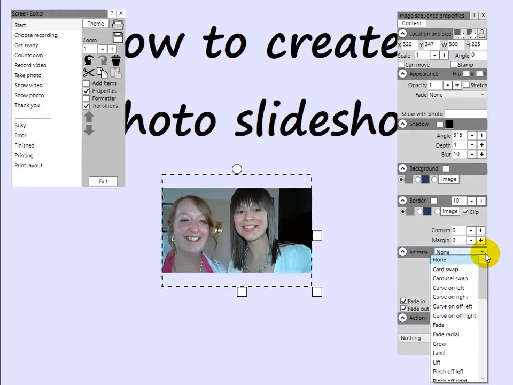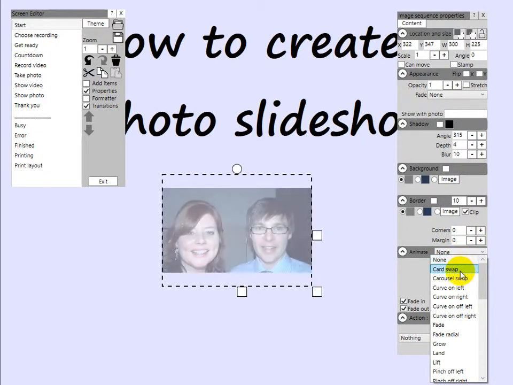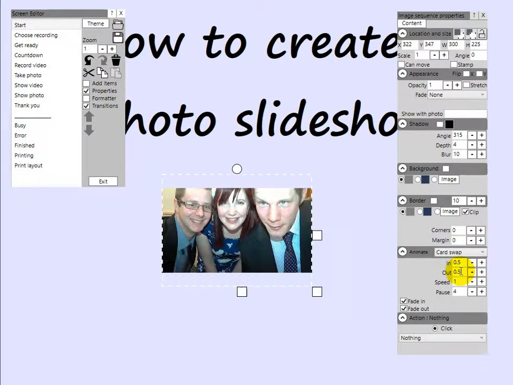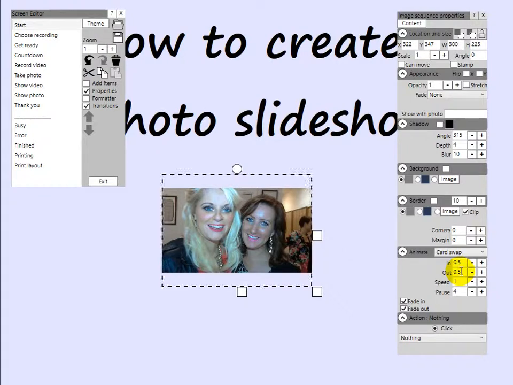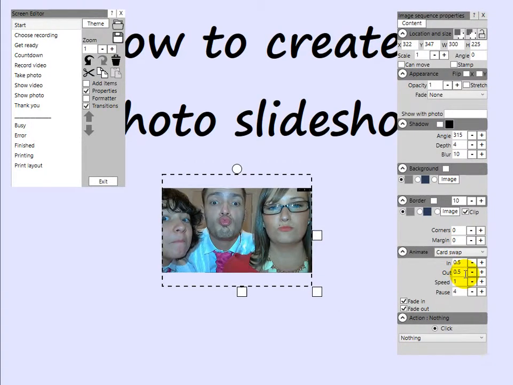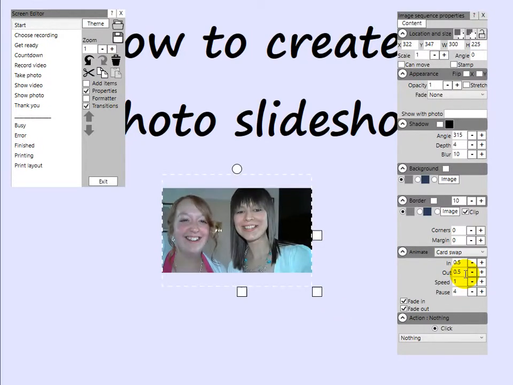There's a lot to choose from. I'm going to go for the card swap. Now watch what happens. The card swap animation is just transitioning from one photo to another in a card manner, so it's kind of moving the items forwards and backwards between each other. But as you can see, they're actually clipping. Let me just speed up the